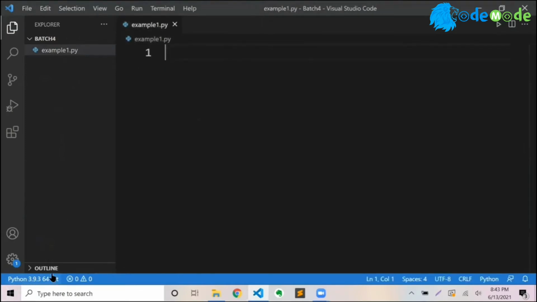It detects that you have Python already installed here. If not, you will need to install Python first. So I will write that in the instruction: install Python first, then install Visual Studio Code, and then create a folder, and then come here and create a new file and give the name of the file as .py. The extension is important because that is how this editor detects that you are doing a Python file, because this editor can be used to write JavaScript file, Java file, different types of files.